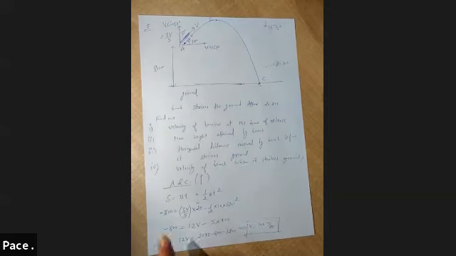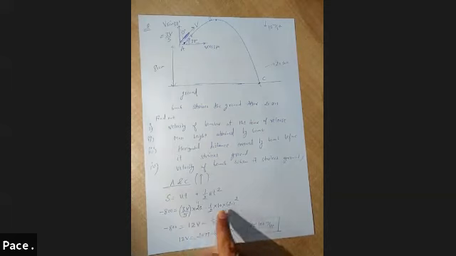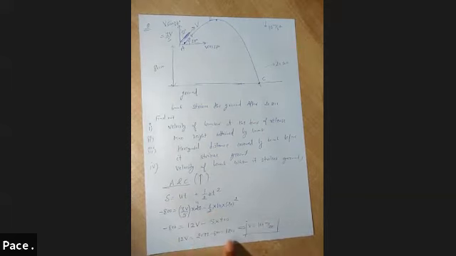So minus 800 is equal to, what is the initial velocity at point A? It is V sine 37, which is 3V by 5, multiplied by time, which is 20. Acceleration would be minus 10, half into minus 10 multiplied by 20 square. Solve this equation, you will get V is equal to 100 meter per second. So the velocity of the bomber is 100 meter per second. Now the second part, very easy. Now all the parts you can do. The first part is 100 meter per second.